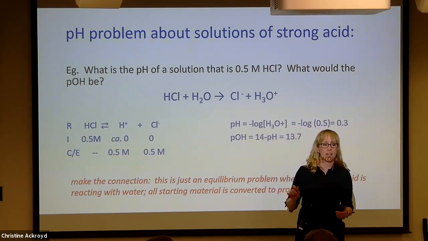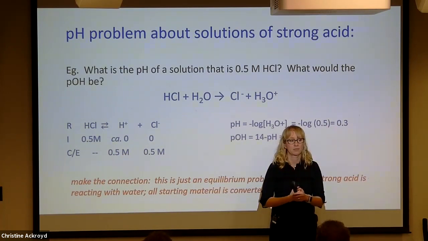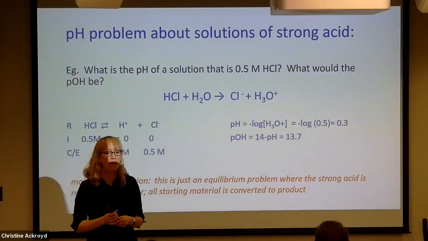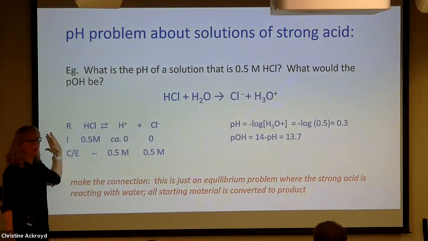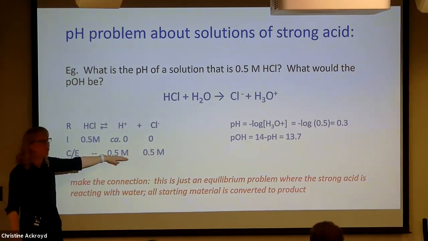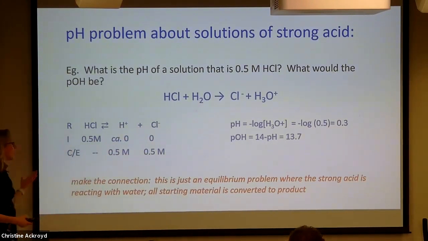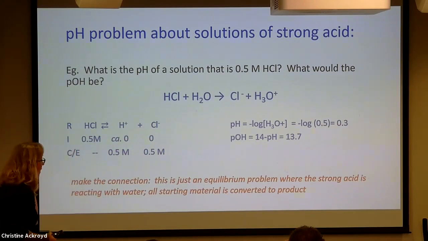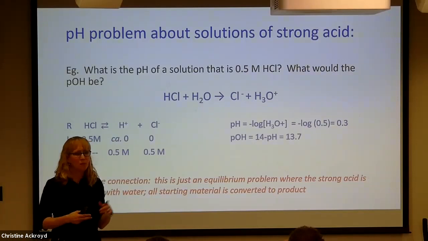Are you allowed, if it's a strong acid, to simply assume that all of the starting material becomes product? Yeah, you are. Strictly speaking, is that 100% accurate? No. Are you allowed anyway? Yes. Okay. So the HCl is going to be completely product. So all of our starting acid becomes 0.5 molar H plus and 0.5 molar chloride. Okay. So you just take minus log of that 0.5 molar hydronium concentration. That gives you the pH, which we would expect to compare against what we know about pH values.